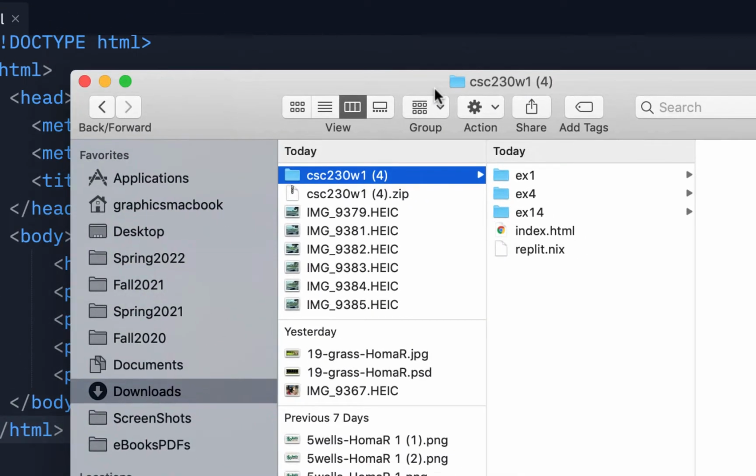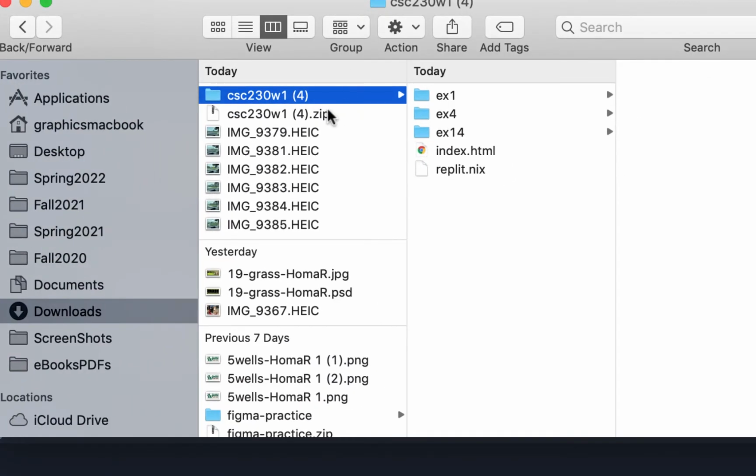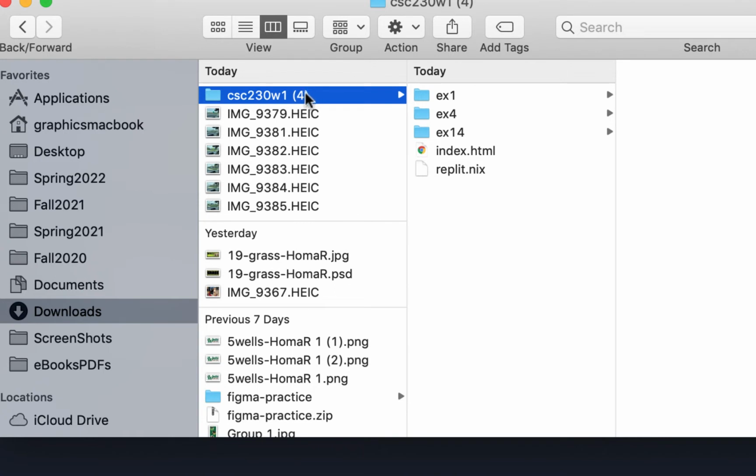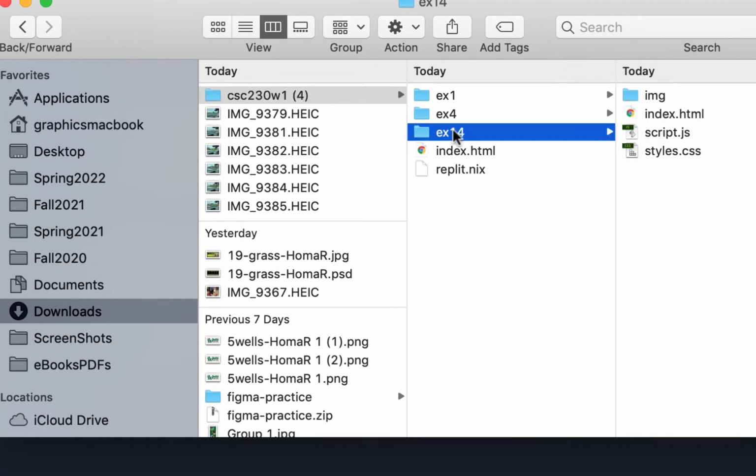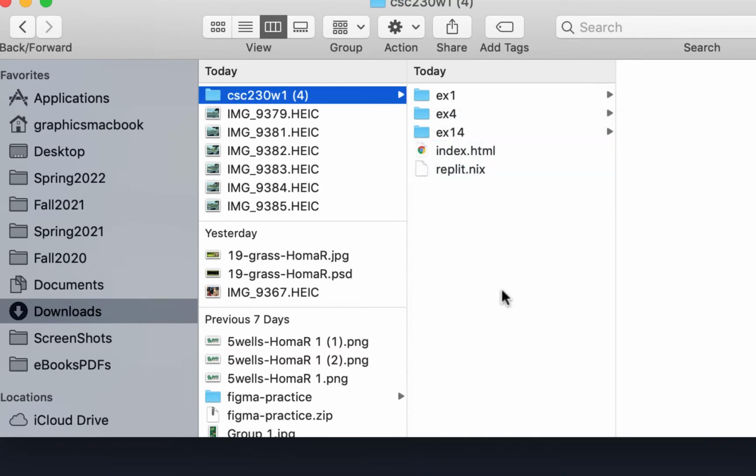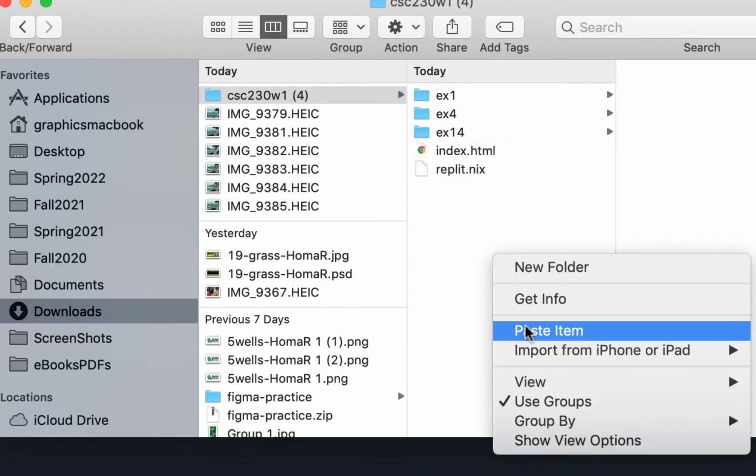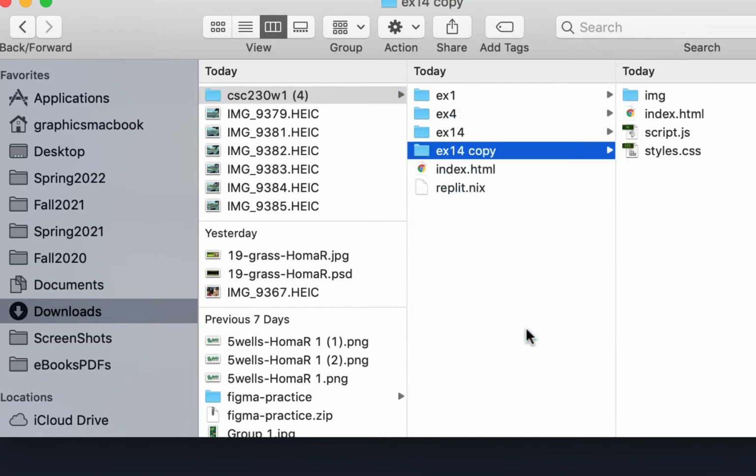and there it is in my downloads. It looks like I had another one there at some point, and I'll just delete the zip folder. And if you're on Windows, you need to extract it. But I'm not worried about this whole thing here, although it is good to have, I guess, a backup of it. But here's my ex14, and I'm just going to copy it. So I'll just copy it and then paste it, and there it is. It's ex14 copy, and I'll just change the name to ex15,